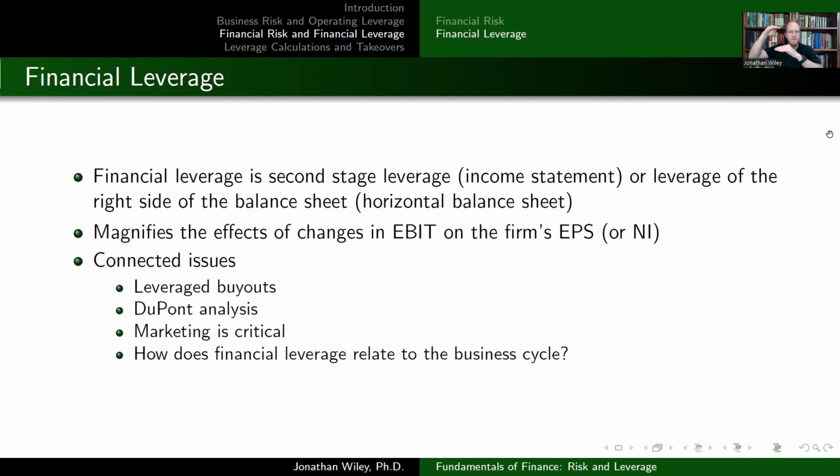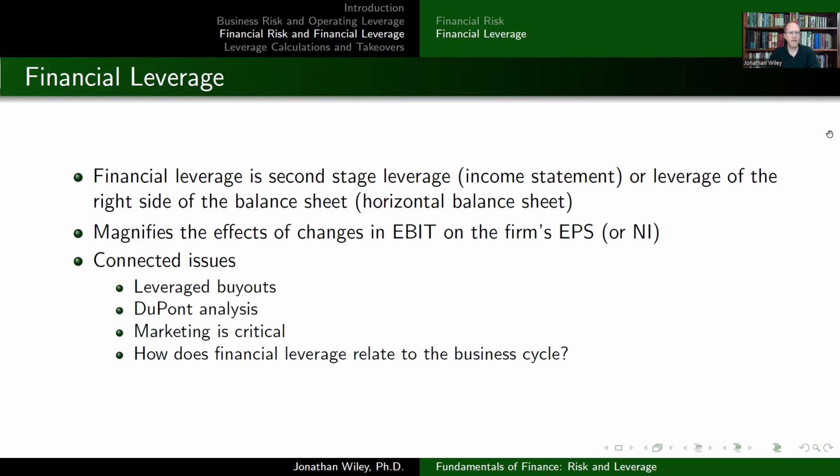The top half, the section between sales and EBIT, is going to be affected by operating leverage. With operating leverage, it's about fixed cost of operation, the typical fixed costs. So the top half, or first stage leverage, would be the operating leverage. And the second stage would be the financing or financial leverage, which is between EBIT and net income. It happens in the bottom half of the income statement because that's where the interest expense, any preferred dividends, et cetera, show up,